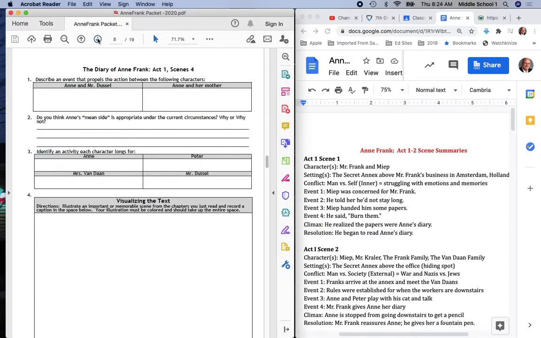As we get into scene number 4, you have an opportunity, if you've not already done so, to make an illustration concerning something that you thought was memorable. Again, the conflicts that are developing, pretty sharp contrast between Anne and Mr. Dussel's characters, as well as that ongoing conflict between Anne and her mother.